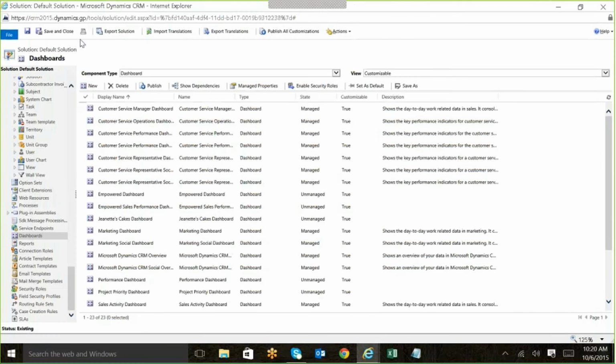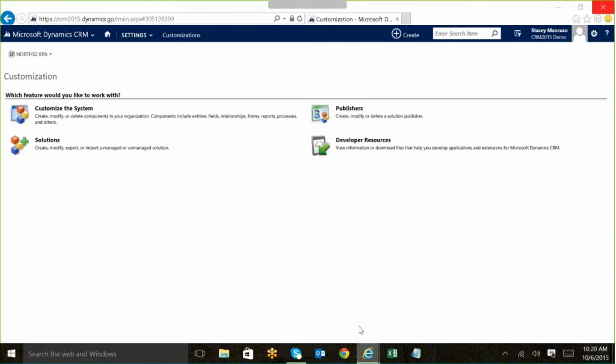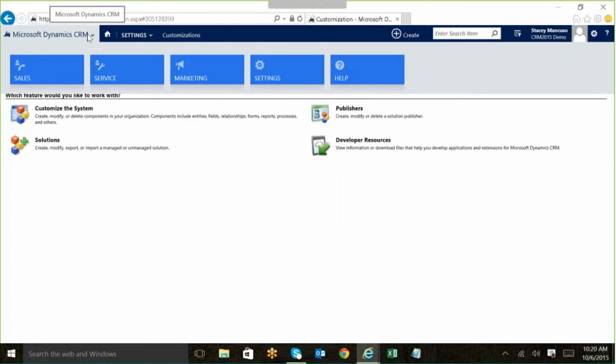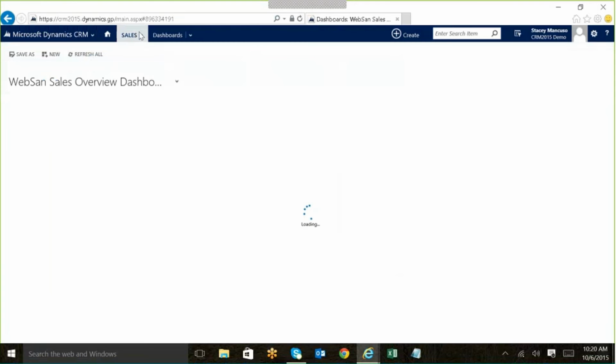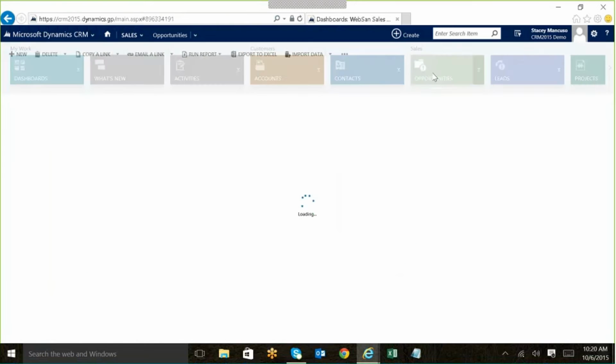So now that's actually going to take us into integrating CRM and Excel, which, if you don't know this, allows you to share, analyze, and manipulate data. So we're going to come here and hopefully it cooperates, and it has so far. We are going to go to an opportunity view so we can start looking at